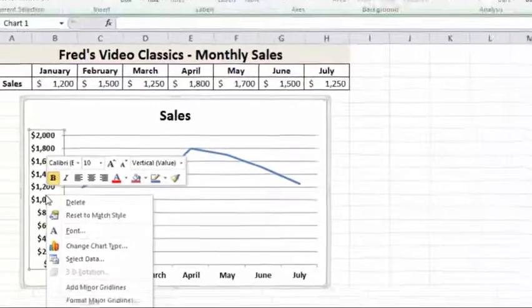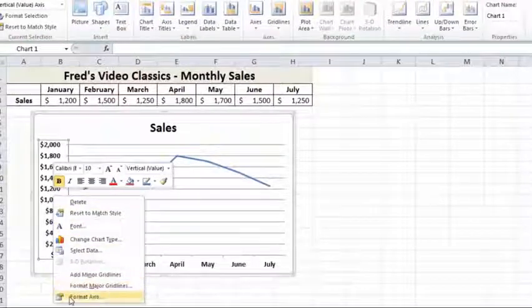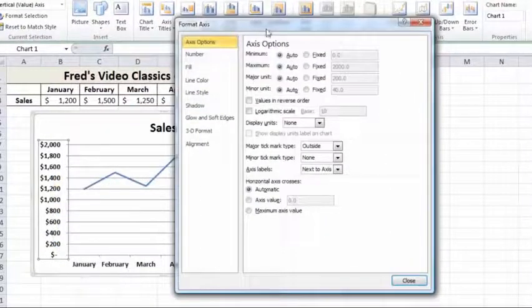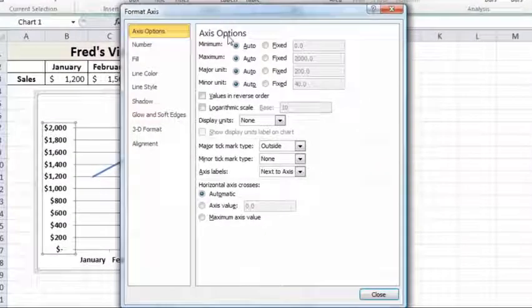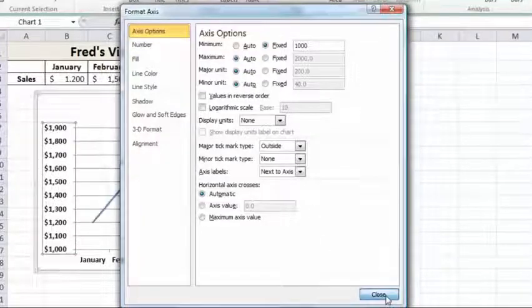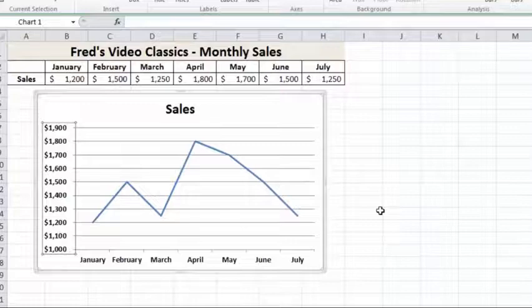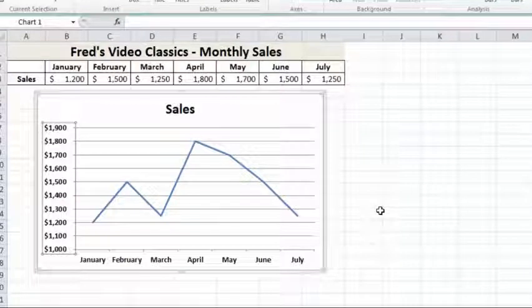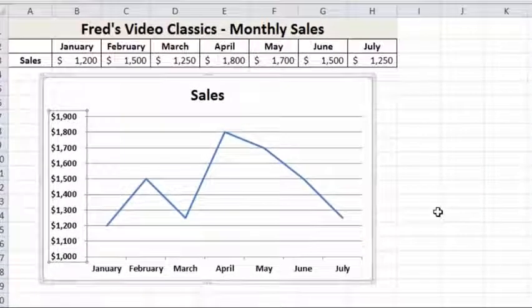right click on the vertical axis, go to Format Axis, and you'll see here we have a number of options. Now, at the moment they're all set to automatic, and I'm going to change the minimum value. So to do that, I simply click on the Fixed option, and I can now choose my minimum value, and I'm actually going to set that to 1000. I'll leave the other values as they are for now. Click on Close, and you'll immediately see the changes in the chart are much easier to see, and they're quite